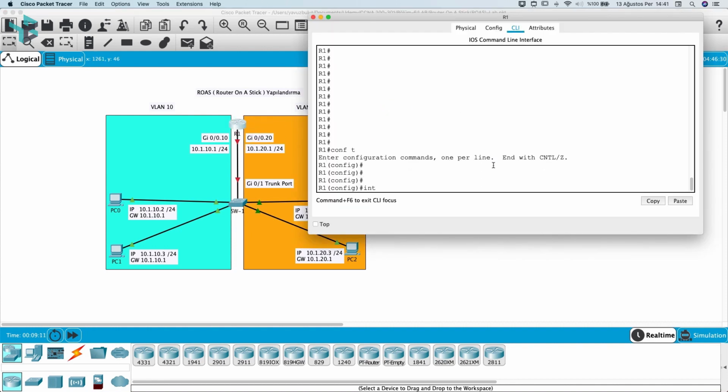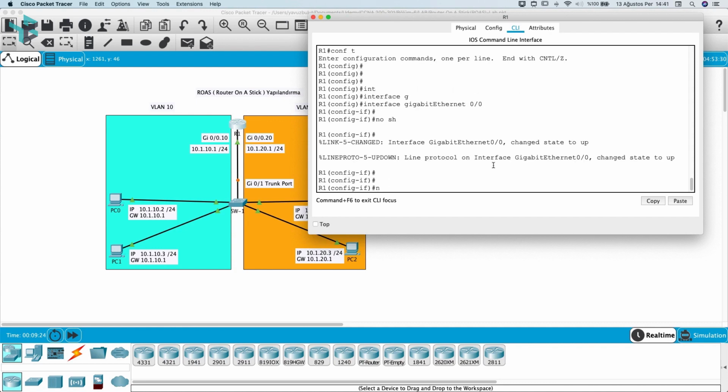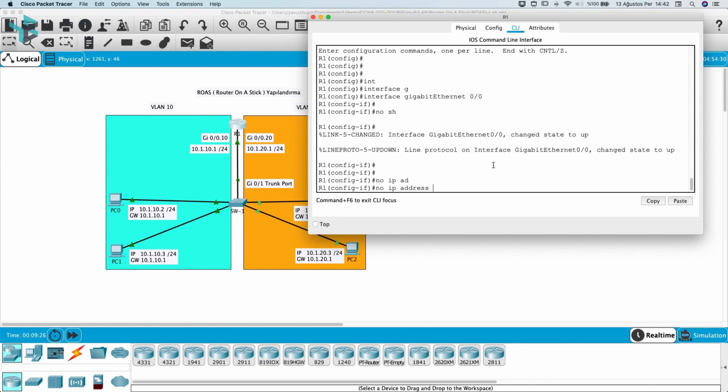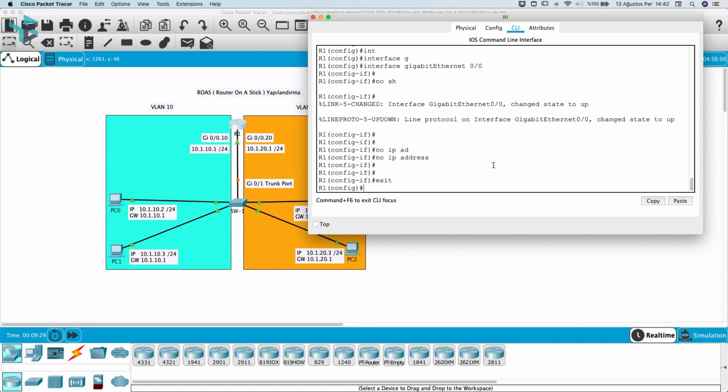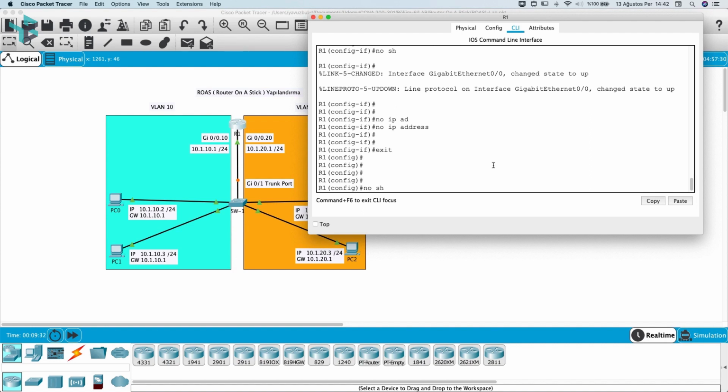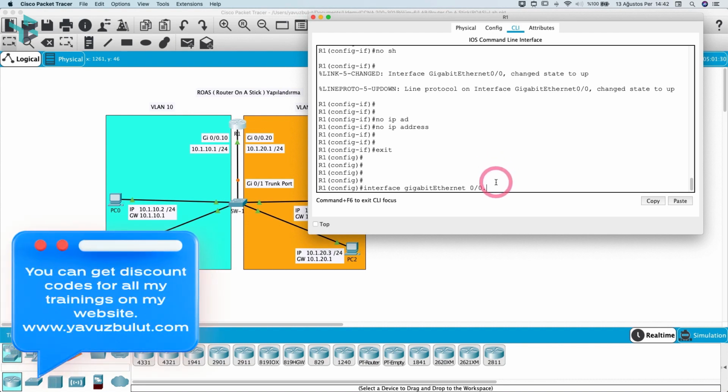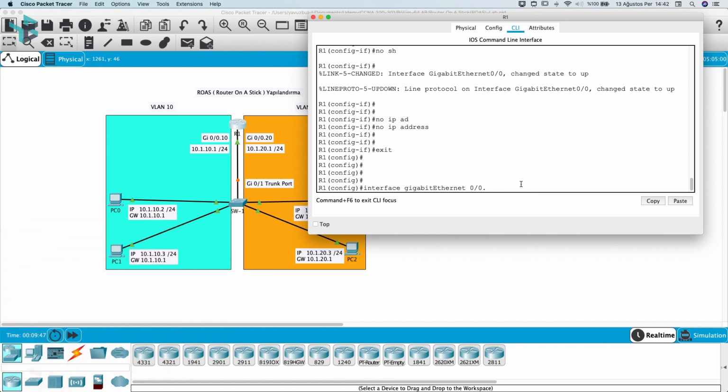First I go under this interface by typing interface gigabit Ethernet 0/0 and I open this port saying no shutdown, then I write no ip address and specify that I will not give an IP address. After logging out, I find it again from the commands I typed and put a period at the end. After this point I specify the sub-interface number, where the number may start as 1, 2, 3, 4, but since we use VLAN 10, I write 10 here to make it easier to remember. You do not have to write 10 here, but if you type 10, it will be easier for you to understand that it is VLAN 10.